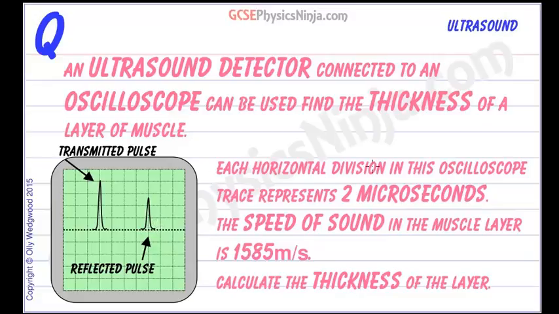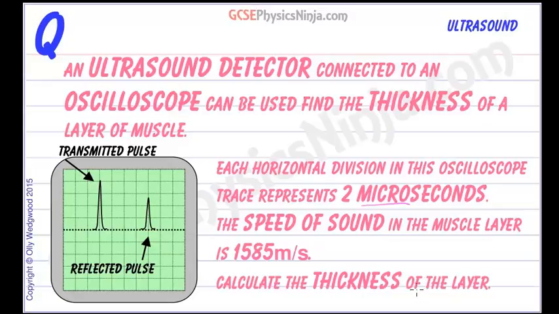Now each horizontal division in this oscilloscope trace represents 2 microseconds. So each horizontal division, that's each of these squares, represents 2 microseconds. And we'll see in a moment what the prefix micro means. The speed of sound in the muscle layer is 1,585 meters per second, and we've got to calculate the thickness